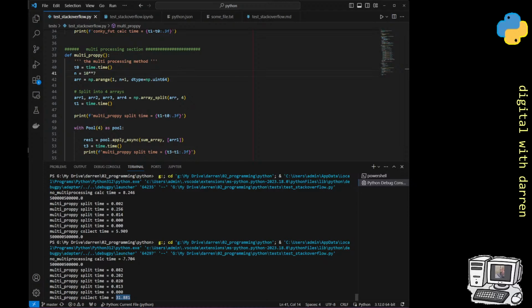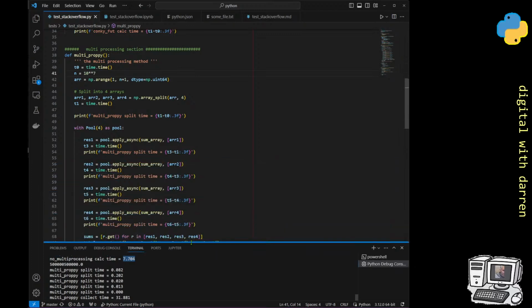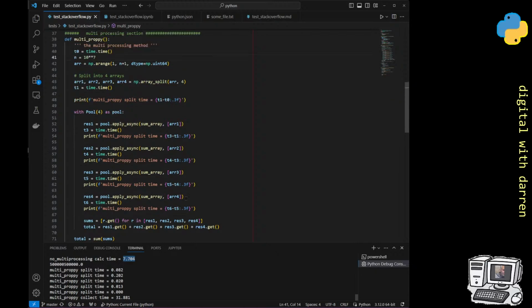Now, we know that this would have taken 70 seconds at least, because if we increased that by an order of magnitude of 10, it would have gone to about 80 seconds, basically. So we're definitely getting gains, but it's non-linear and not 100% predictable. So I think I might leave it over at this point. We've seen some advantages and some disadvantages of multiprocessing, but one thing for sure is